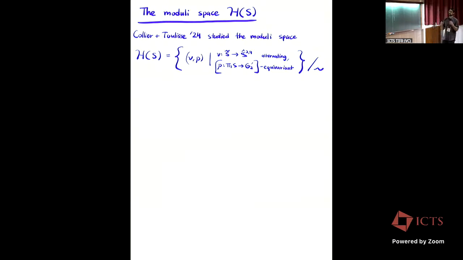They consider pairs nu and rho, where nu is an alternating rho-equivariant curve, and rho is a representation into G2 prime, up to the natural equivalence. And here you'll notice that I put the domain of the curve to be the universal cover of the surface, not the universal cover of the Riemann surface, which is not a typo, that's intentional, because really the way you